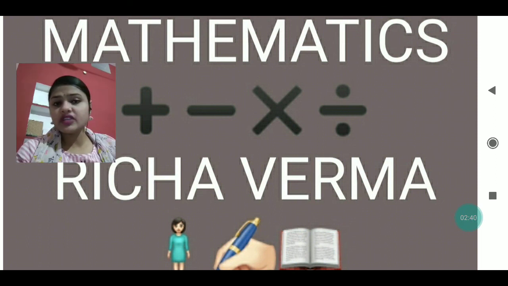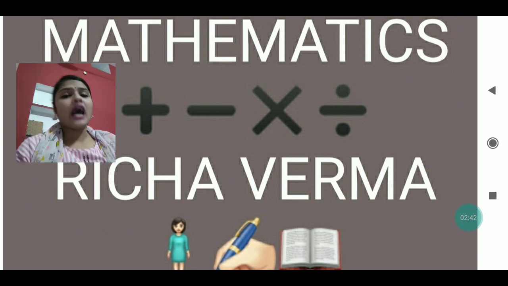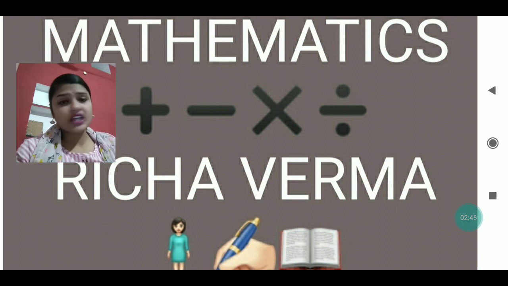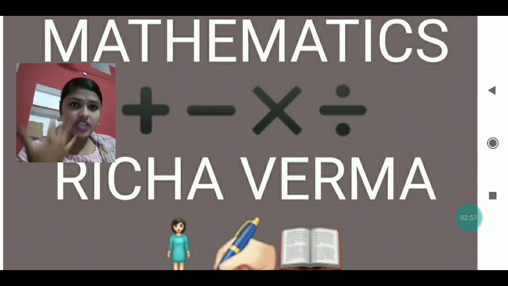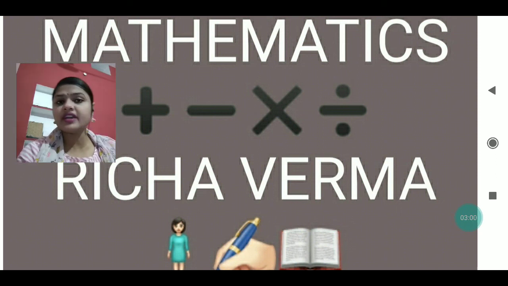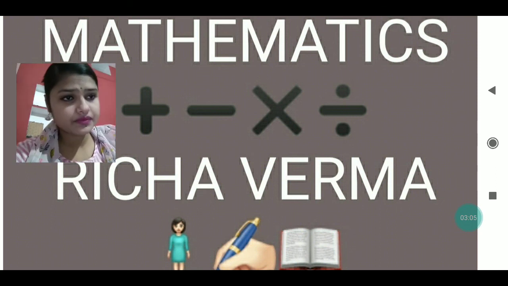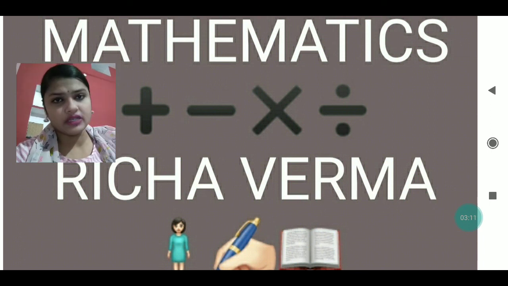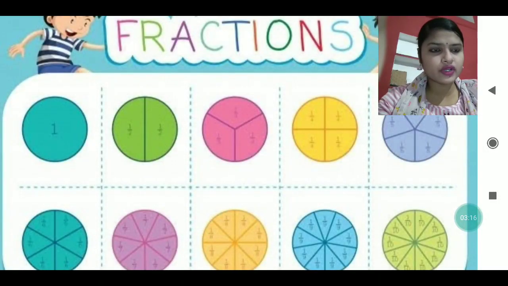Now, because we are going to move with the simplification, you should know how to convert an improper fraction into a proper fraction, how to convert a mixed fraction into an improper fraction, and how to change by finding out the LCM. These things should be there in your mind, then only this simplification will be easier for you, otherwise it is difficult. So, my dear students, I hope this much you have done. Everyone is knowing all these things. No one has forgotten these things. Now, let's move on with the same chapter, fraction.